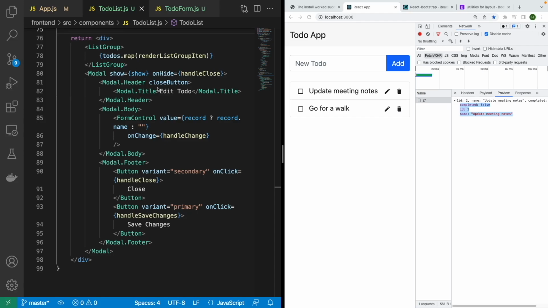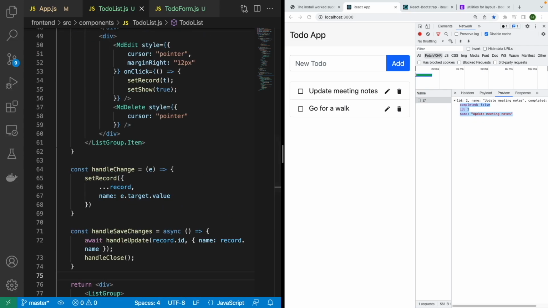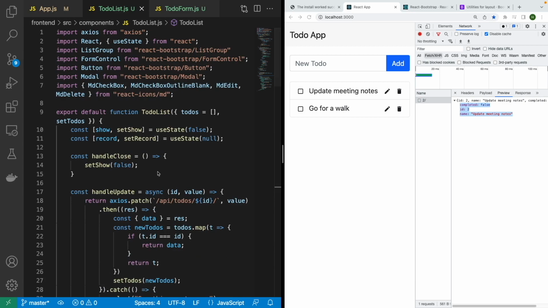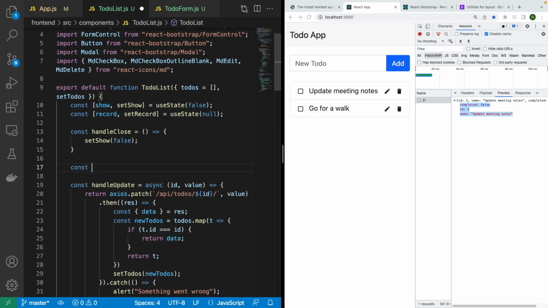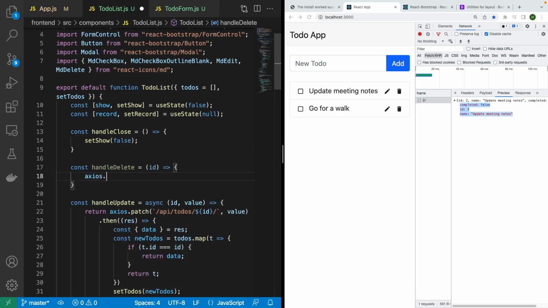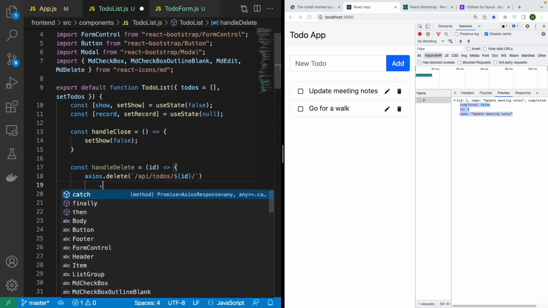So inside the to-do list component, we want to add in another function called handleDelete above the handleUpdate function. So in here we say handleDelete, and it will accept the ID of the to-do. Within here we say axios.delete, and we pass in /api/todos/ then we pass in the ID, and another slash here, and we write the then statement,